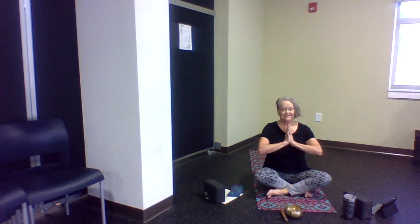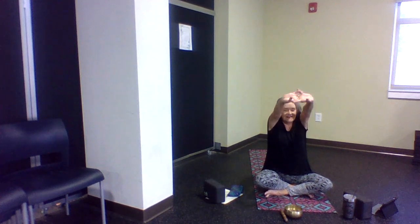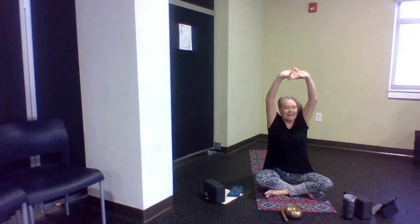Bring your palms to heart center. Interlock your fingers and then push your palms away, stretching your arms forward. Inhale, lift. And then exhale as your arms part and drop open until they float down right there in line with your shoulders. And just take a moment